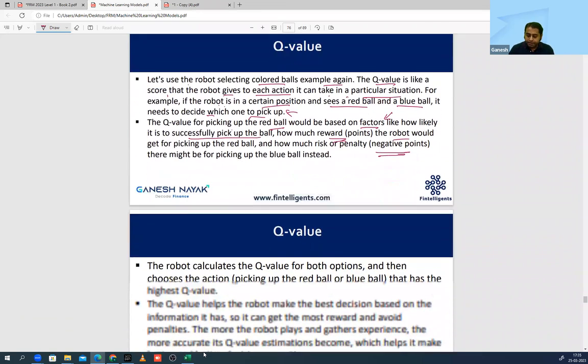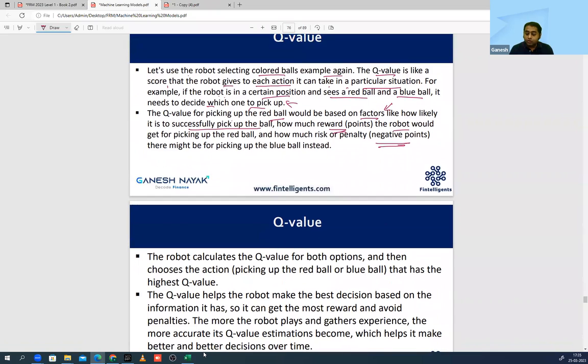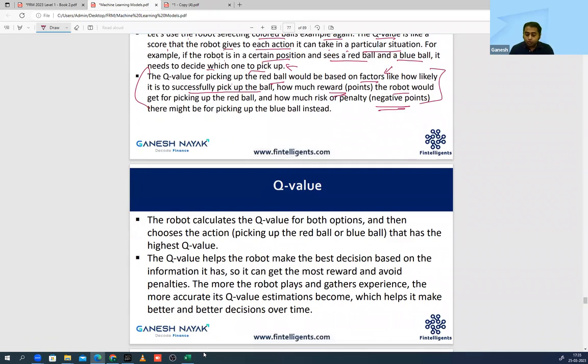Okay, next part. He knows if he's going to select a wrong ball, there'll be a penalty. If he selects a right ball, there'll be a reward for him. So the robot calculates Q value for both options, and whichever option is going to give him the highest value, which will maximize the benefit for him, he will choose that. The first time he does it, he might be wrong, so he will learn where choosing gives more reward. So you will learn accordingly.